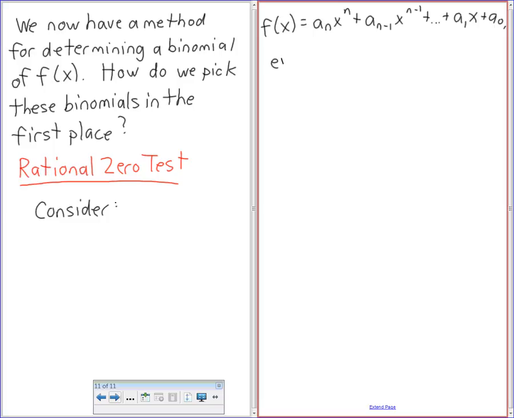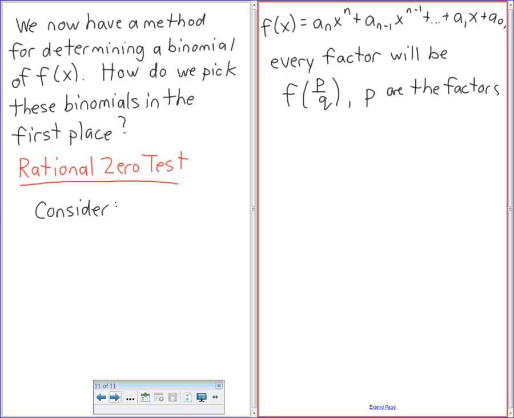Every factor will be f of p over q, where p are the factors of a, the leading coefficient. Q is the